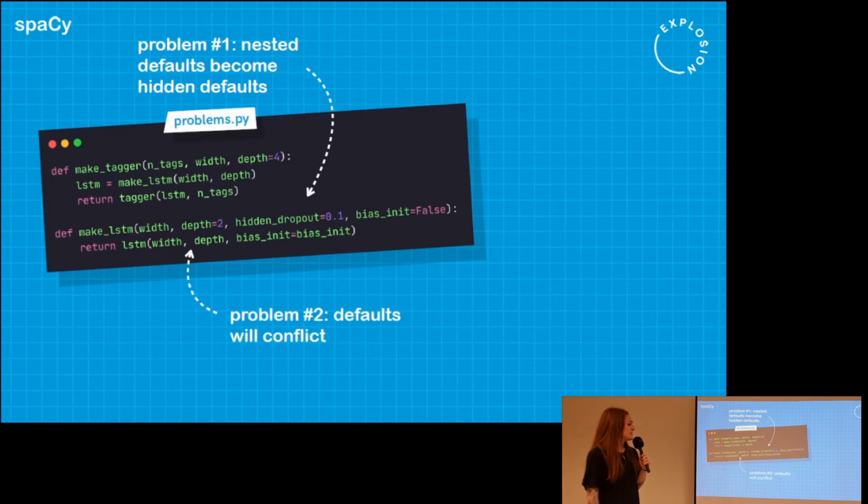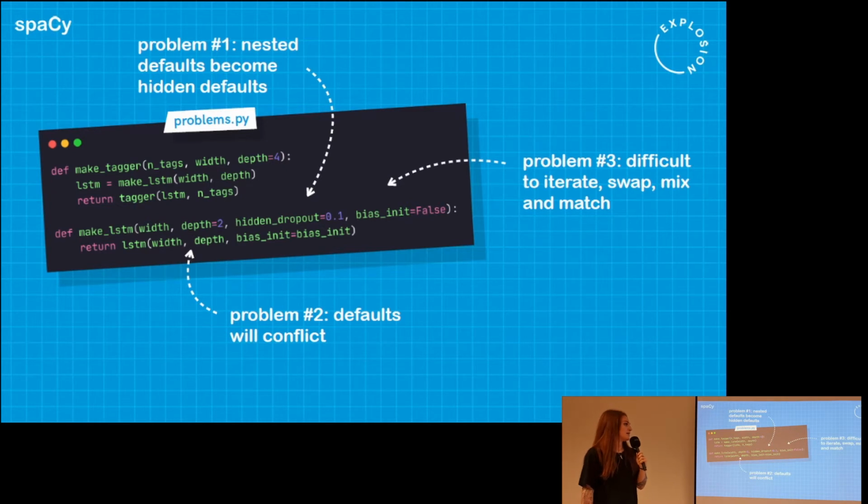And secondly, you can easily have conflicts. If you don't pass in one setting all the way through, you can have layers that are not actually compatible with each other. So you change one setting, everything falls apart. That's pretty difficult. And finally, with that sort of layout, it becomes very difficult to swap and iterate. You want to move fast.